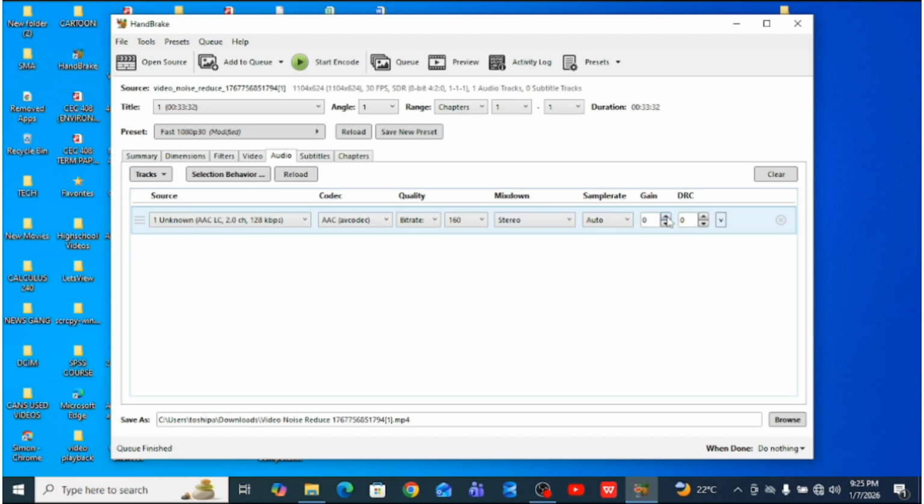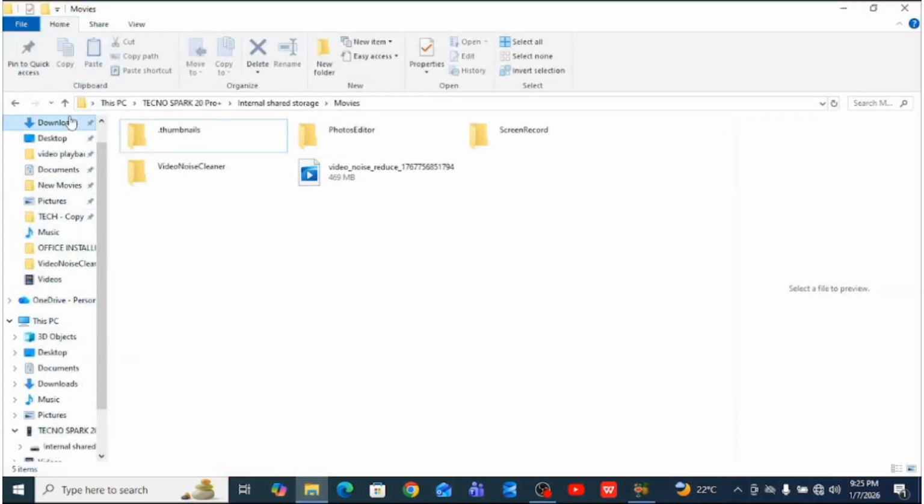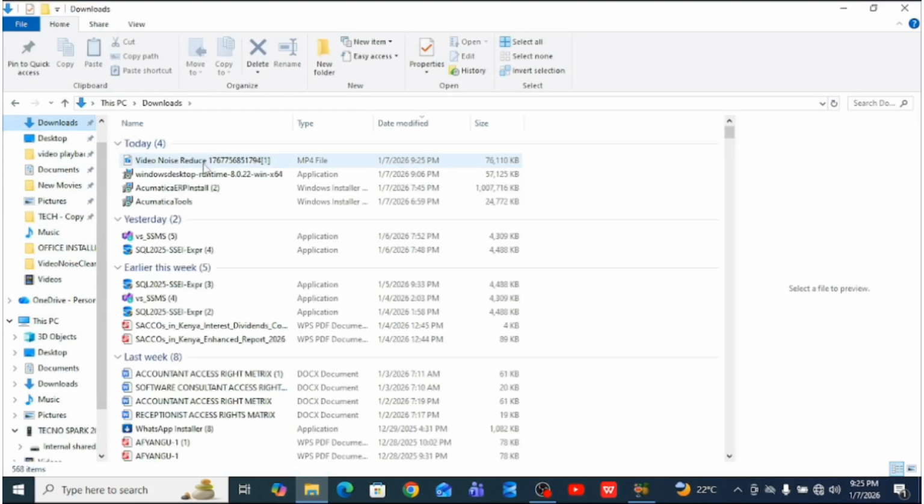After it is 100% done, now we can go ahead and check the file size from the downloads where we saved it. So let us come back to the downloads and then visualize the file size. You can notice that the file size has significantly reduced from around 469 megabytes to now 74.3 megabytes, which is easy to use and compatible with a lot of platforms where you need to put this video. So we can try